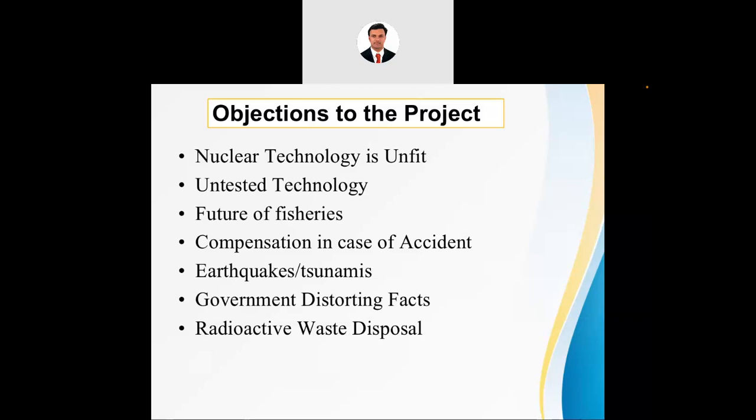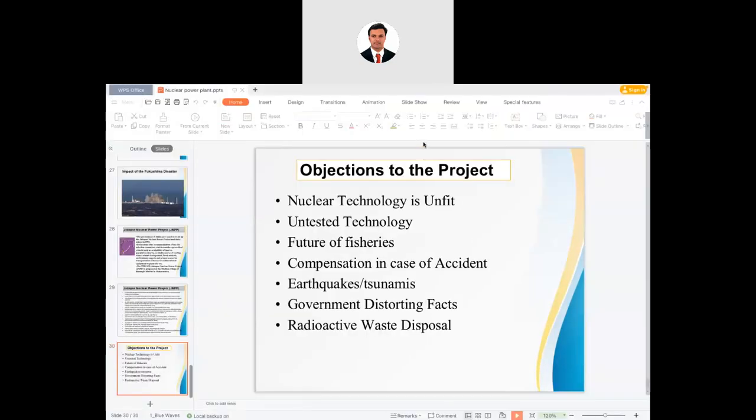And compensation in the case of an accident. As we know, nuclear disasters are the worst type of disaster. They will have an effect on human beings for up to two or three generations. It is going to badly affect the soil. It will also badly affect the environment. So these objections are very valid whenever we consider constructing any particular nuclear power plant at that particular